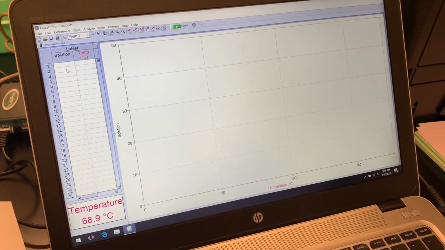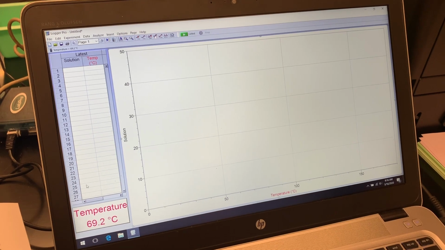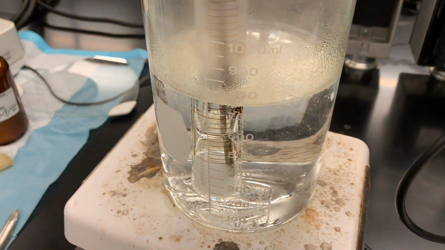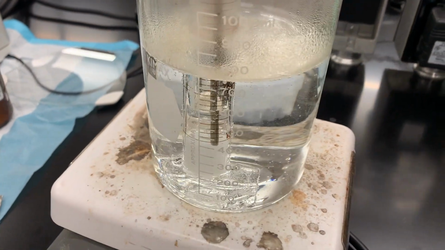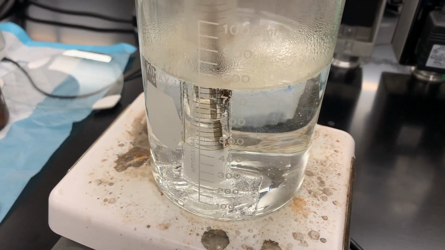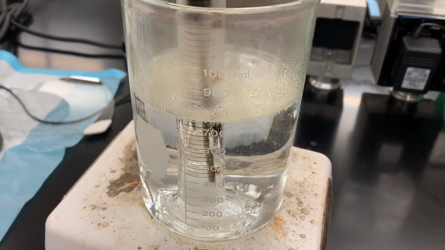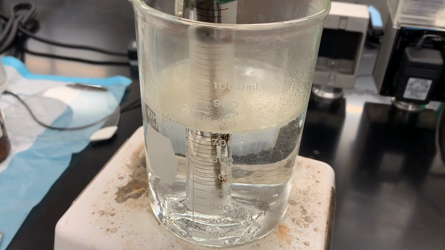So right now I have the temperature probe in my potassium nitrate solution, so it's 69.4. So it's still not dissolved yet. So I want to wait for this to dissolve all the way. There's still a lot of solid in there, so I'm just going to mix it up a bit. And we have to wait for this to dissolve, and then once it dissolves, I'm going to pull it out